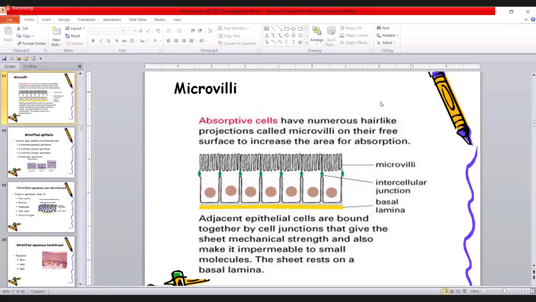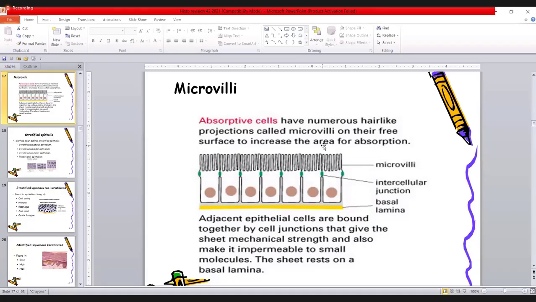Stratified squamous, stratified cuboidal, stratified columnar. Only three? I would say there are four stratified types: transitional epithelium. You can't take time, you have to quickly tell. Yes, transitional epithelia is the fourth type. And how